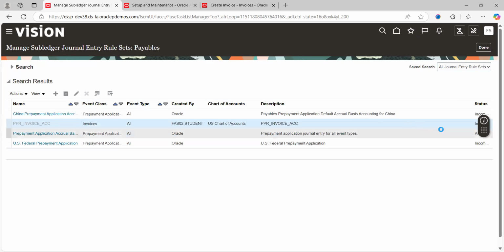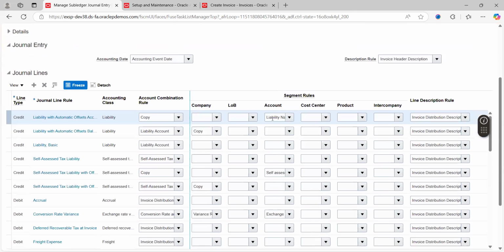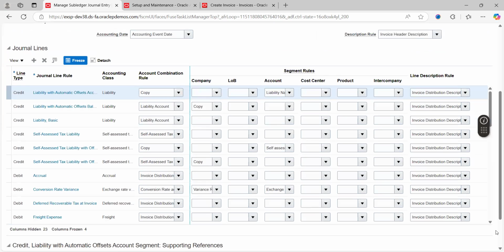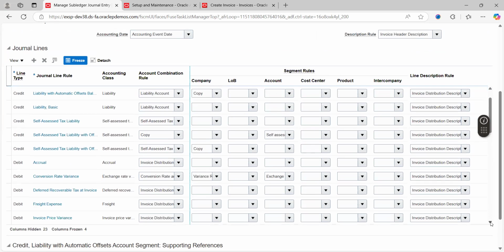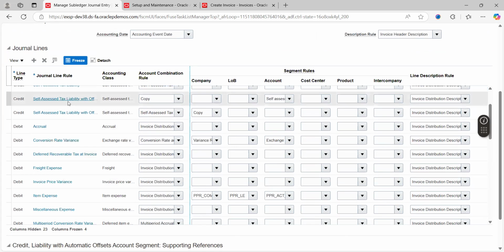That is incomplete now. We need to make it active. See here, incomplete. So now we need to make it an active state. So where I have given that rule, here you need to keep in mind a very important thing: the line type and the general line rule,